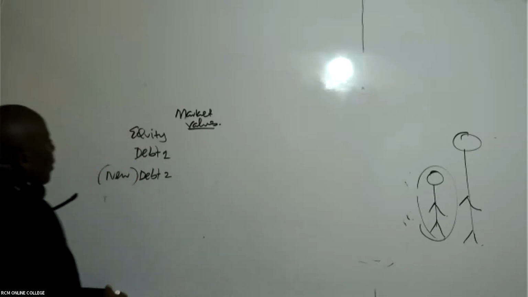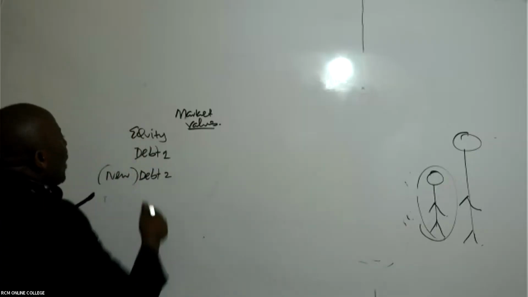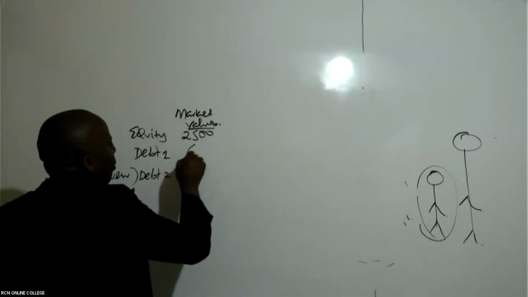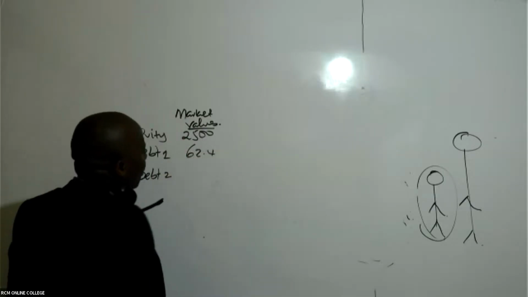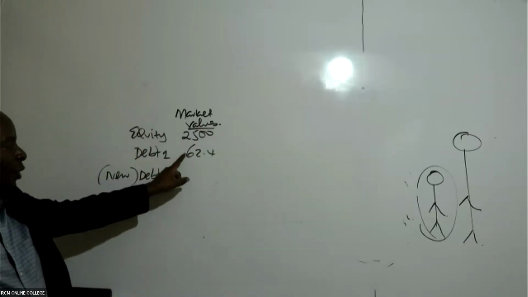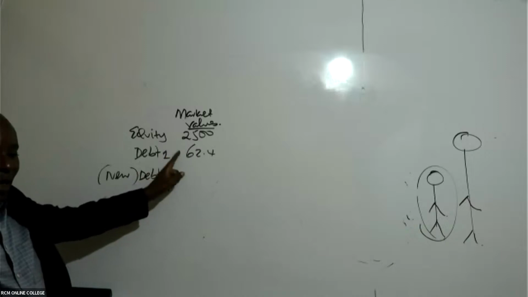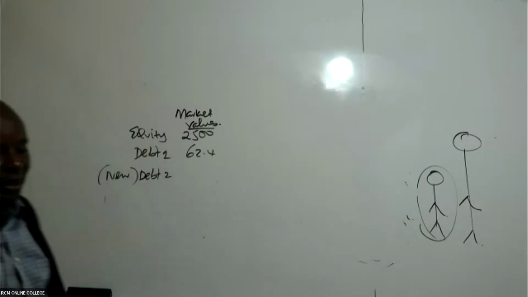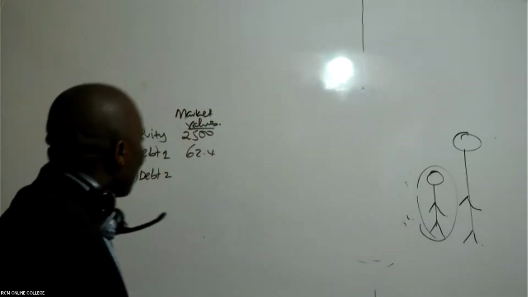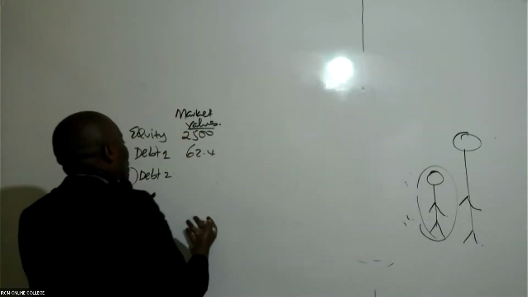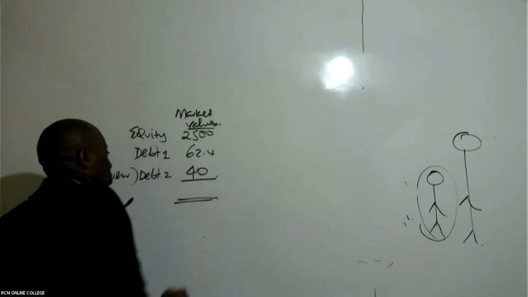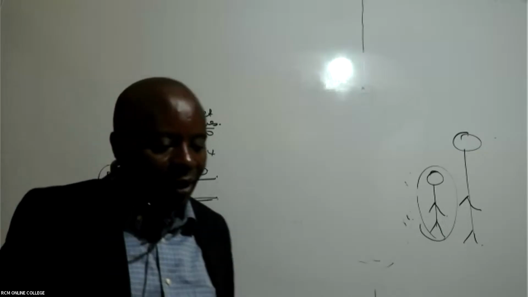So remember, for equity, we got the market values. This one was 2,500. And this one, I don't know whether I'm right, was this 2.4? Can somebody confirm? Already we had gotten the market values, if you remember. Can somebody remind us? We had gotten market values, correct. And then the market value of this debt that we have just issued today is 40. Can somebody give me this total?